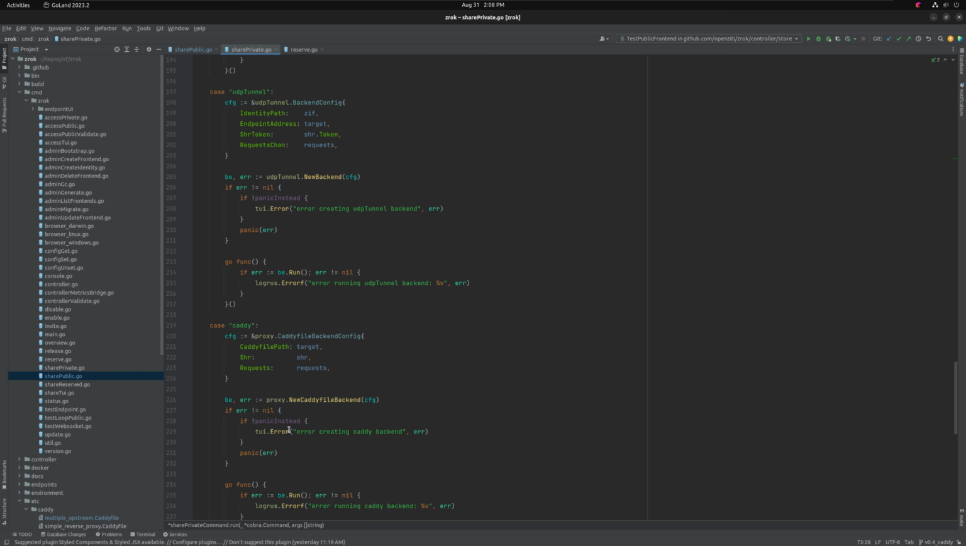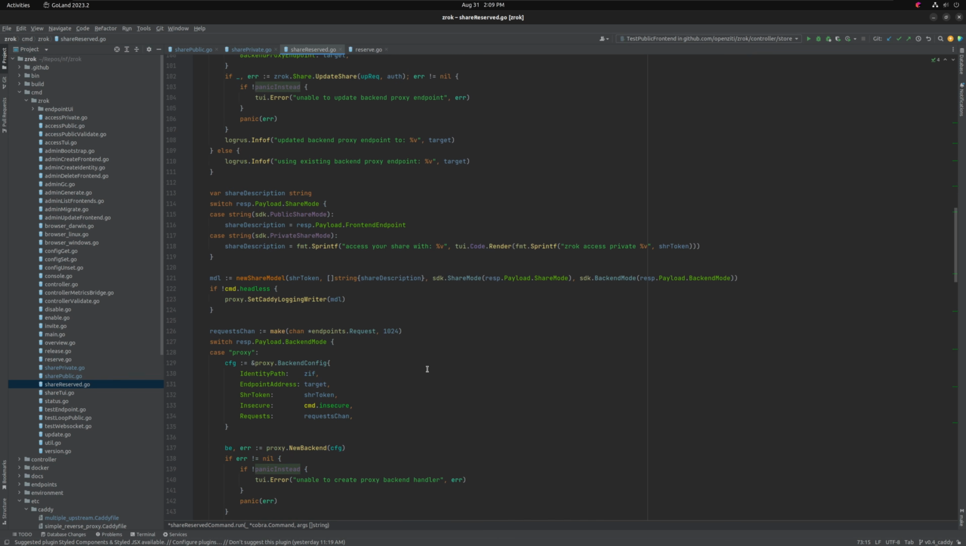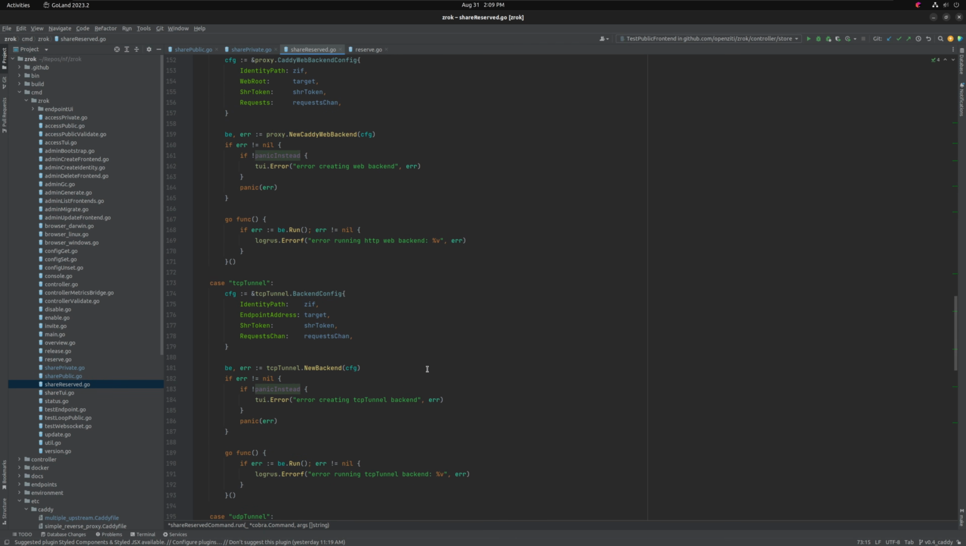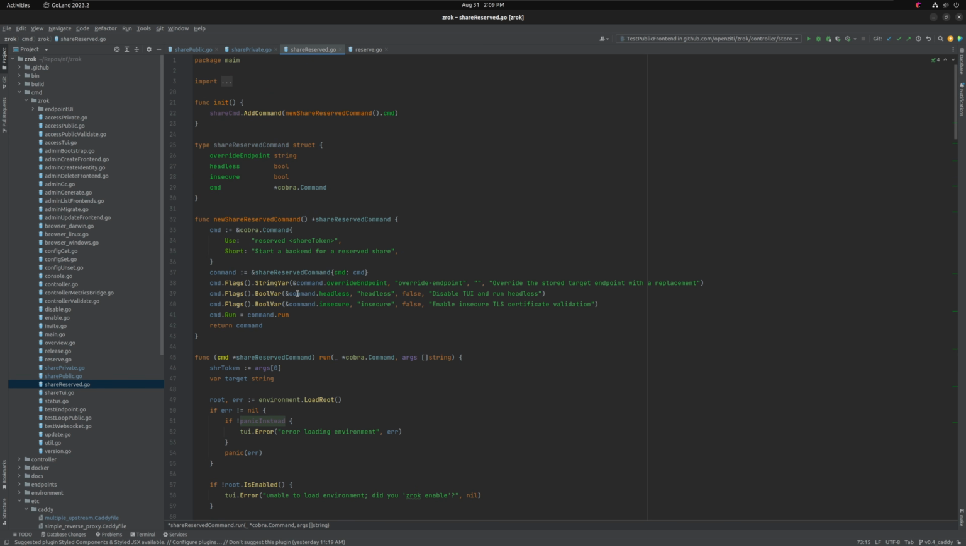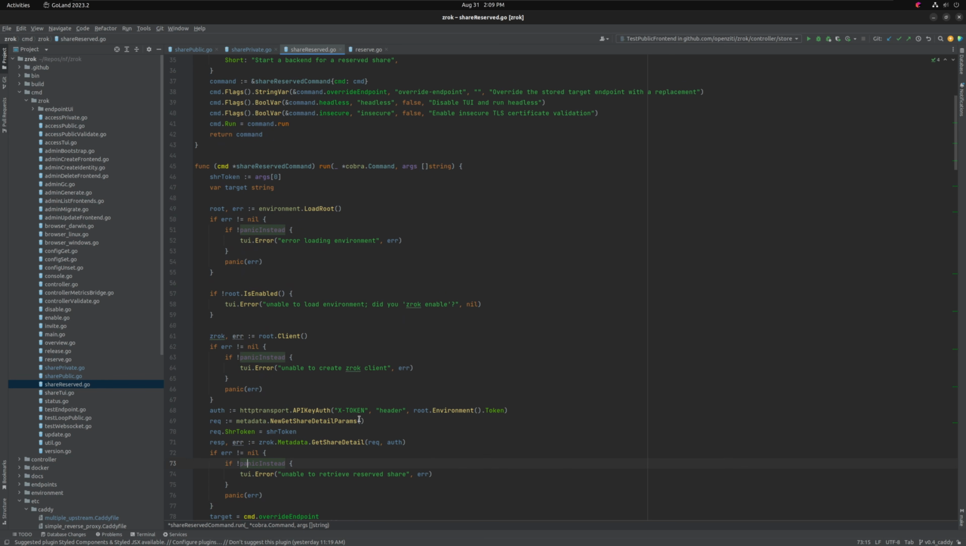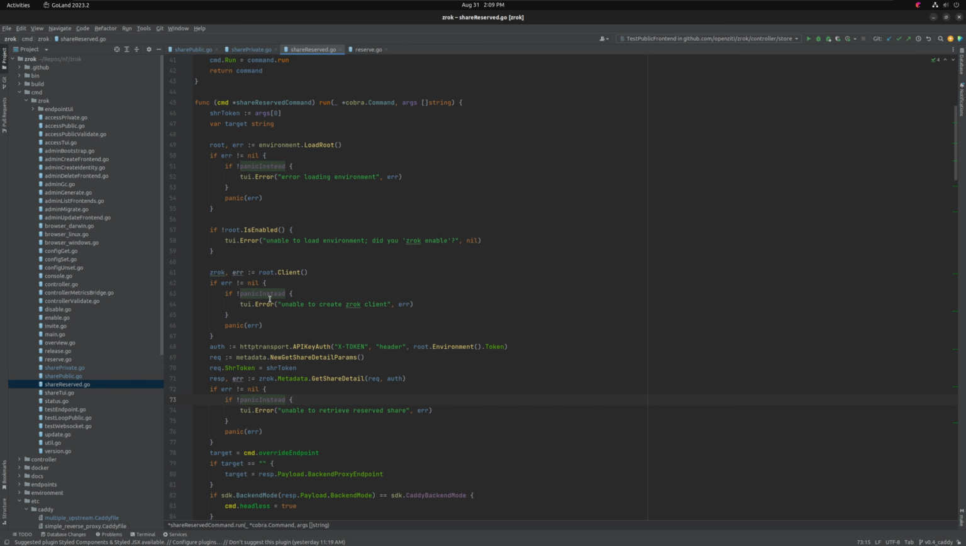So Caddy, we need to make sure if this is bad, then we say command shutdown root share, right? And then share reserved is probably the same. Share reserved is different in that the first thing it does is try to load your root, because in this case there's already an existing share. When you do a zrok reserve, you're passing it the share token. So it actually needs to call the zrok API to get all of the share detail,